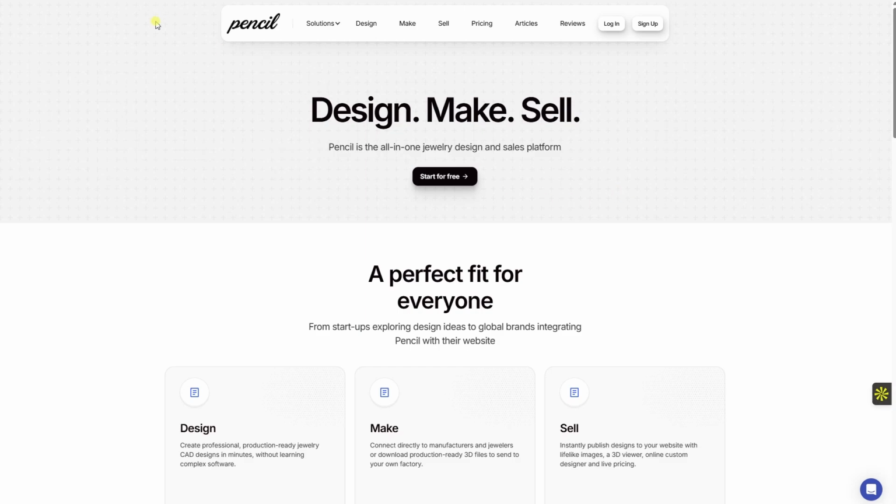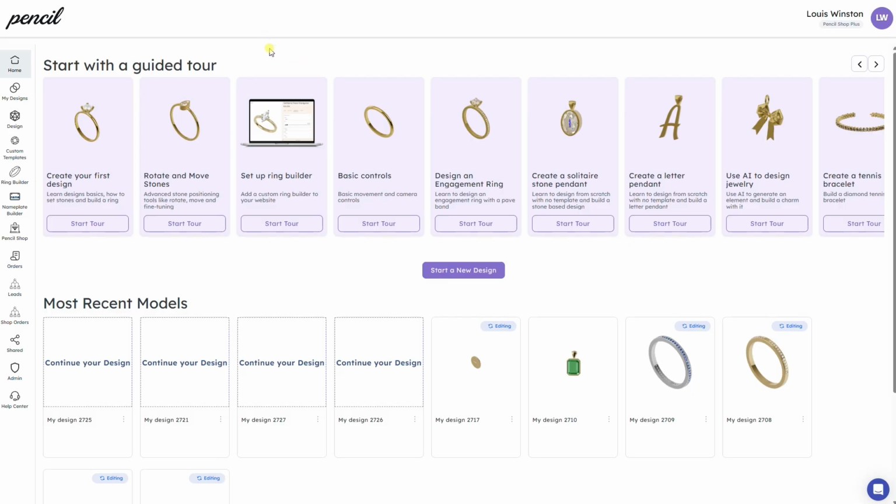Once you've created your account, you'll log in and it's going to look like this. So the first thing you want to do, if this is your first time ever designing jewelry in 3D, start with a guided tour. These guided tours are going to give you all the tips that you need to be able to actually create designs, everything from engagement rings to stone pendants. I'll show you one now really quickly. It's really simple. If you start here and you go start tour,